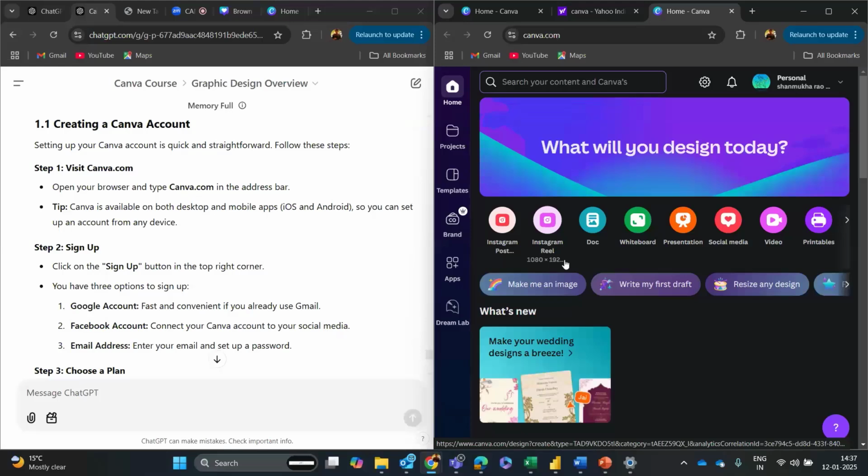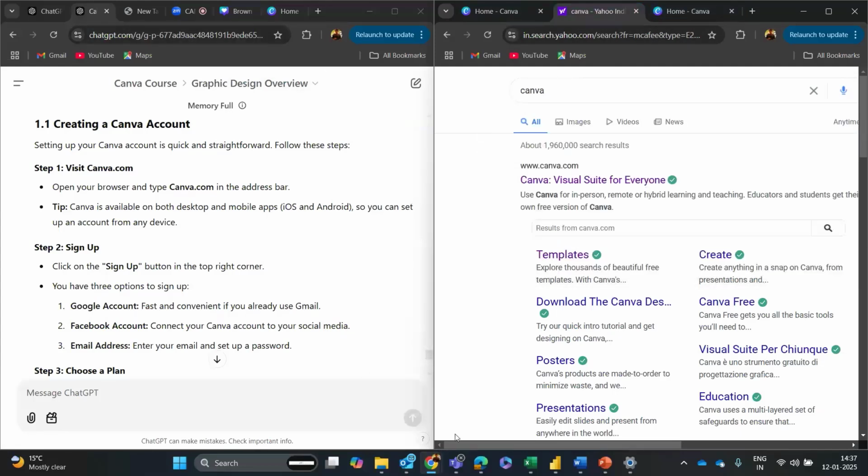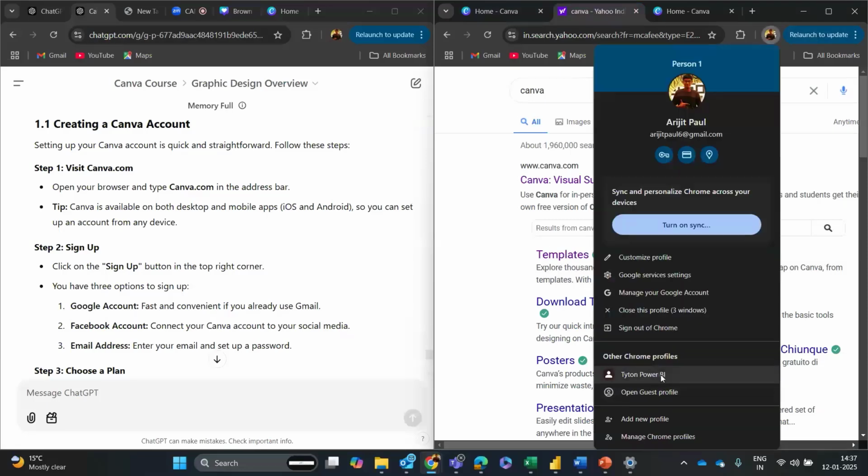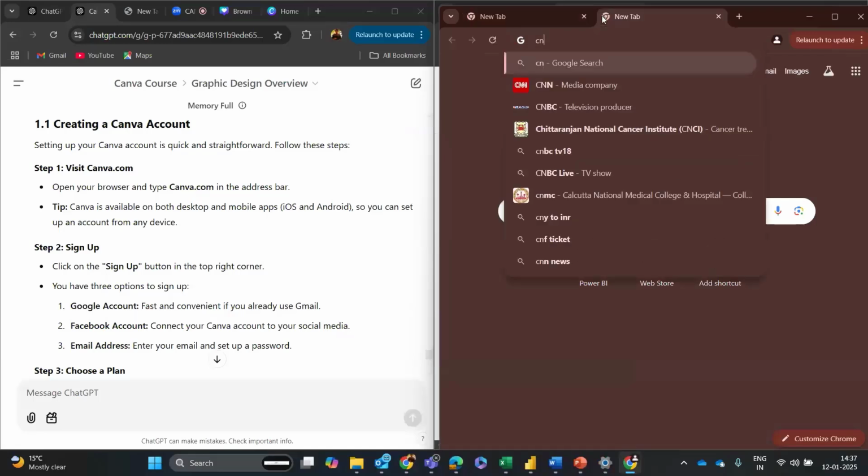Step 2 will be sign up. So we can click on the sign up button in the top right corner. If you haven't signed up, we can sign up with the options at our disposal. So, well, this is one option. This is what we are using from Chrome. But suppose we are using this from a different profile. Again, if we type Canva,